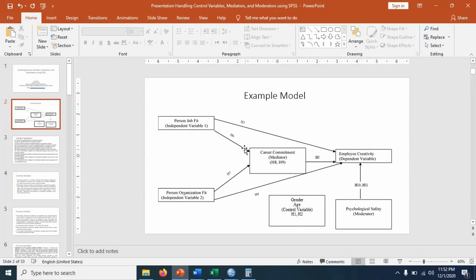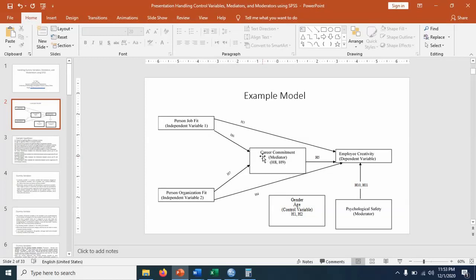Then secondly, we tested the effects of the independent variable on career commitment, where we treated career commitment as a dependent variable. Then for mediation, because this was the first step in the mediator itself, we don't need to repeat. So for mediation, we used career commitment as a mediator.